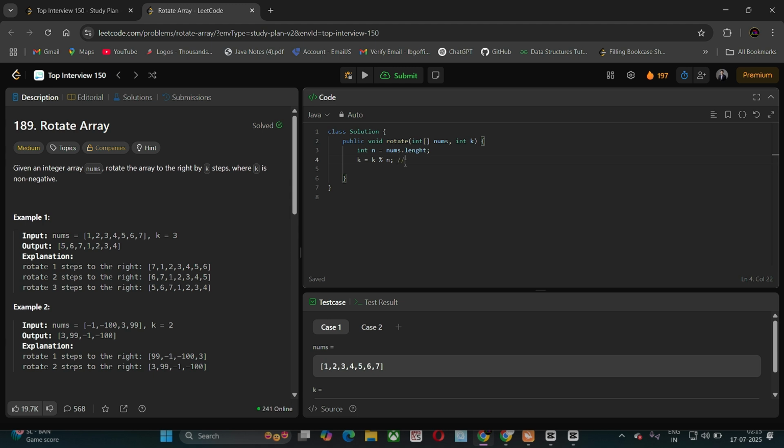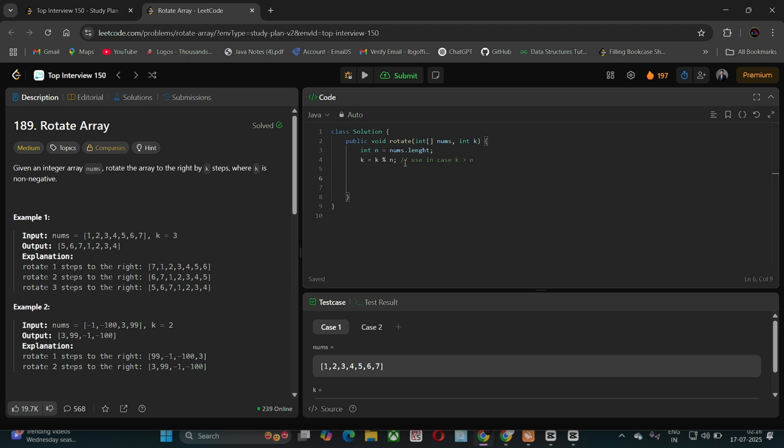Now array of end equals temp. Now start plus plus and end minus minus. Now we use this to reverse our elements. So reverse nums from 0 to k minus 1, right?